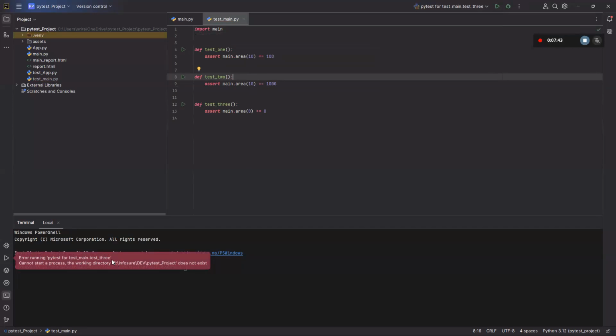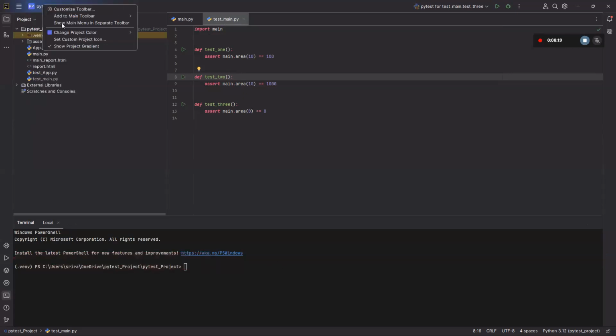Yeah, control, save and run. I think it's still good. Okay, save. We're running PyTest 3 because it's showing InfoSure dev, PyTest project doesn't exist. So go click on that. Okay, I think after I saved and extracted it, it didn't allow me to save it in the C drive, so I had to save it in a different drive instead. So I saved it somewhere else. No, go to PyTest project, right click on PyTest project,